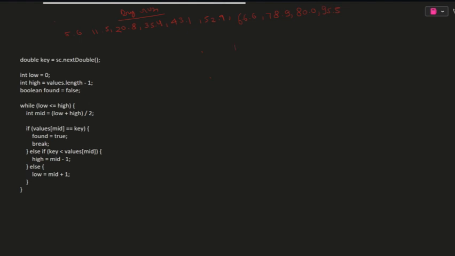If we take our key equal to 66.6 and our low equal to 0, and high will be length of array minus 1, that is 9. In the while loop, low, that is 0, is smaller than or equal to high, so the condition is true, and we will find mid equal to low plus high by 2, 0 plus 9 by 2, that is 4,